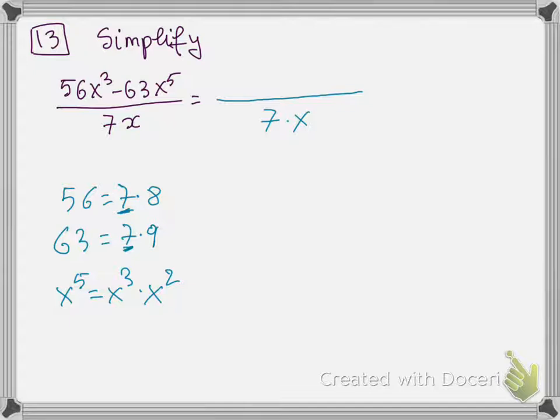So the greatest common factor of the numerator is 7 times x to the third. So we're going to pull that out. So let's have 7x to the third, and let's find out what's left after we take that out. So 56x to the third divided by 7x to the third, we're left with 8